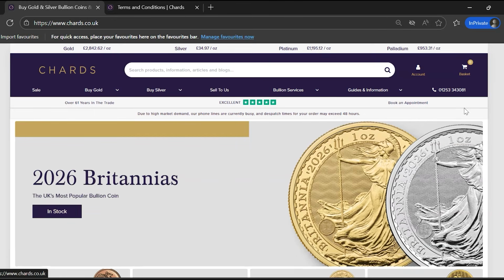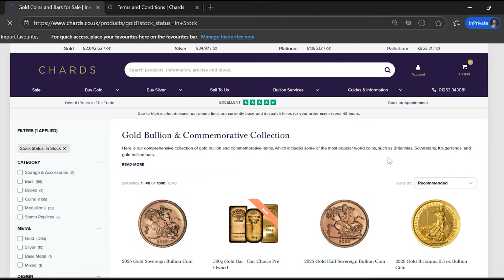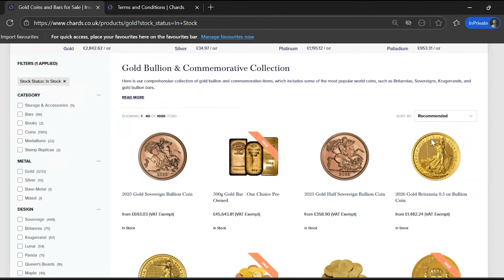So if you're interested in seeing our latest products and our in-stock products, and you're wanting to buy gold, we recommend you hover over the section at the top where it says Buy Gold. When you hover over that, you'll see the text change color to gold. You'll be able to scroll down and click whichever category is relevant for what you're looking for. For today's video, we'll just click on In-Stock Bullion,